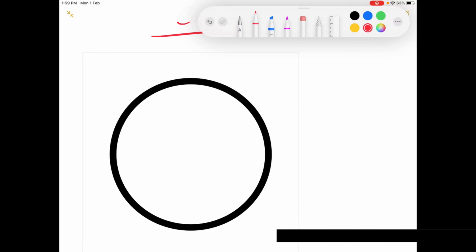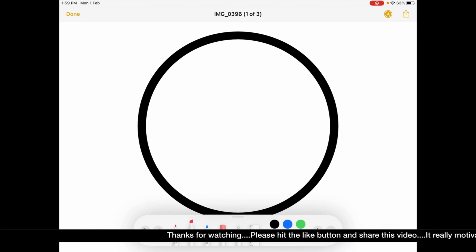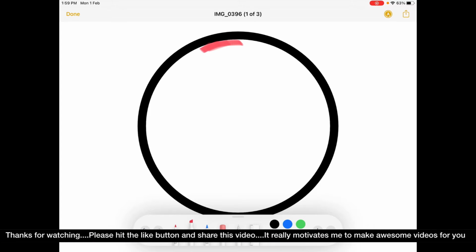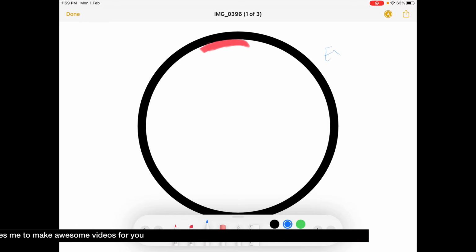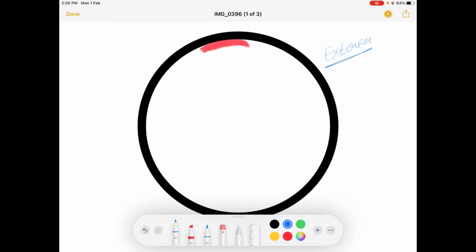Here you can see this circle, and this is the interior part of the circle. This is our interior part of the circle, and this is our exterior part of the circle. So this is the exterior part. Exterior means outside the circle. It means that the space outside the circle is called the exterior of the circle, and the space inside the circle will be called the interior of the circle. So now what are the properties of this circle?